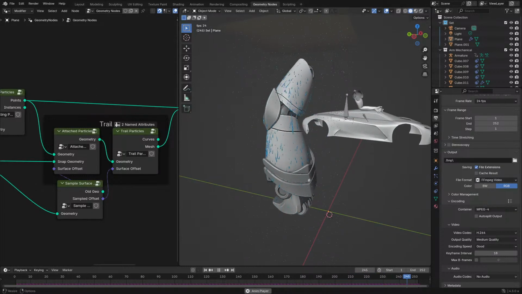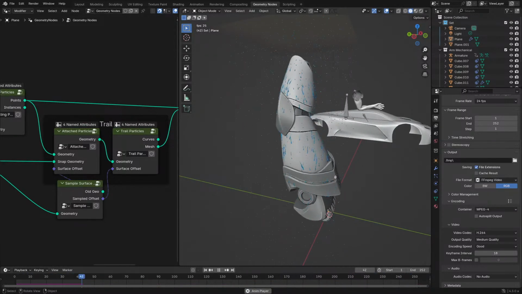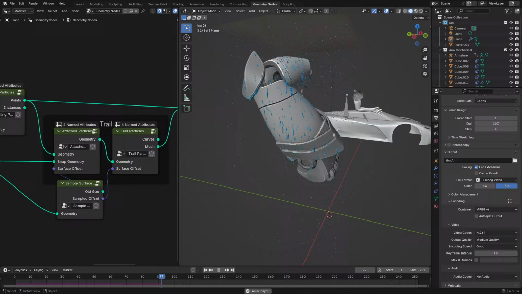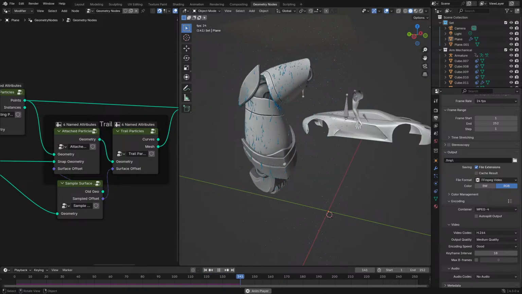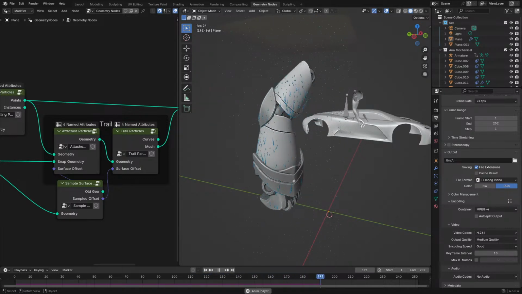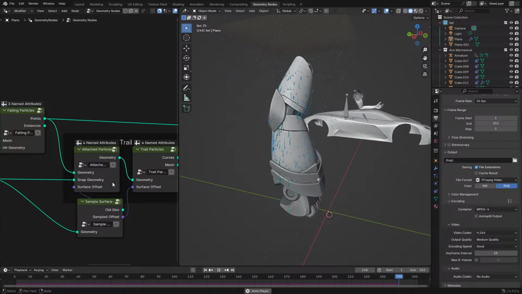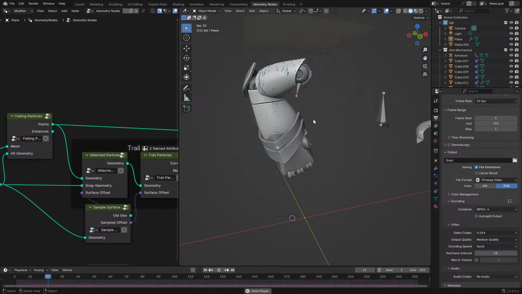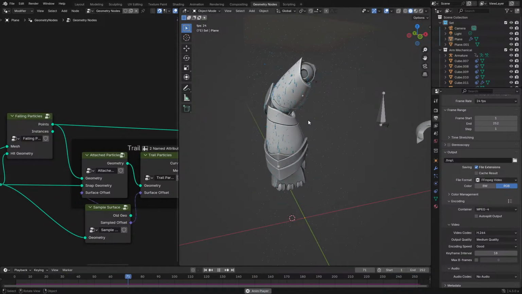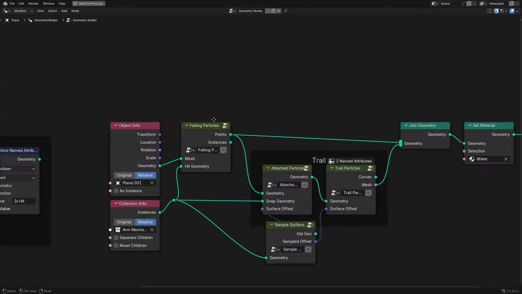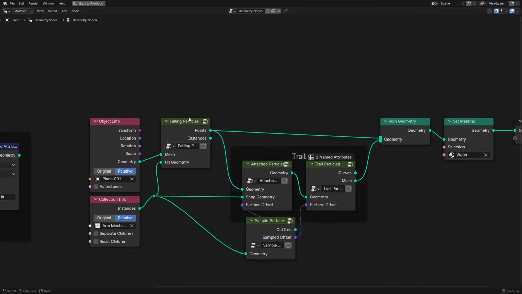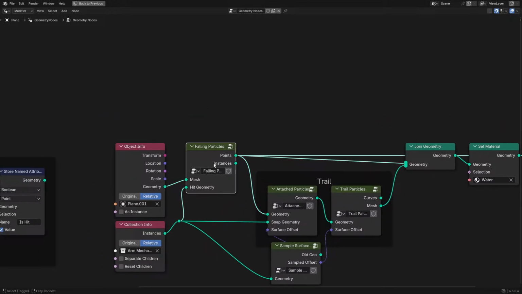Hello everyone and welcome to today's live stream where I'll be going over some of the changes that I've made to the rain trail setup that works on moving and deforming meshes. So with this setup, let me do a brief overview and then we'll get to the fun stuff and make some changes later on. So first of all, I've segmented the parts into the 3 simulation stages, the first one